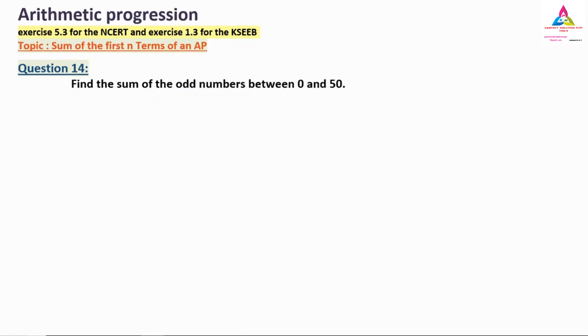Coming to the 14th question, here they have given: find the sum of odd numbers between 0 and 50. So they have told you to find what? The sum of odd numbers. Remember, sum of odd numbers they have given, not all the numbers. We know the numbers 0 to 50: 0, 1, 2, 3, 5, and so on till 48, 49 and 50. I have written and skipped some of the numbers from 7 to 47, so I have written "so on". Here they have not asked for the sum of all these numbers from 0 to 50, but they have told you to find the sum of odd numbers.